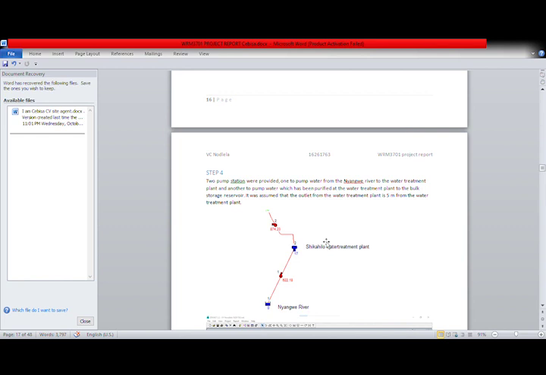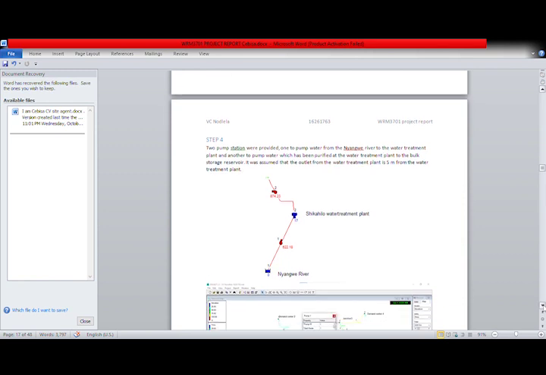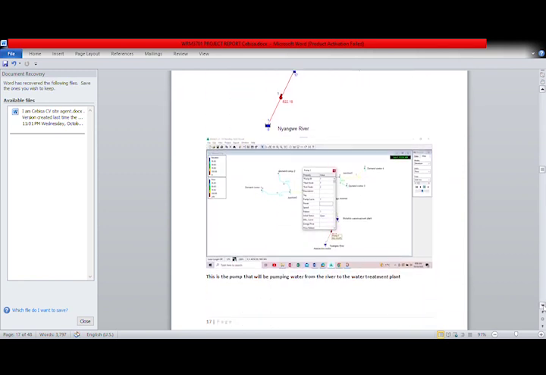need 2 pumps, one in between the Nyangwa River and Shikahilo water treatment plant, and one also in between Shikahilo treatment plant and the bulk reservoir. Using also those reduced levels, I also put in the heights. So the pumps will be pumping water from the river into the treatment plant, and then from the treatment plant to the,